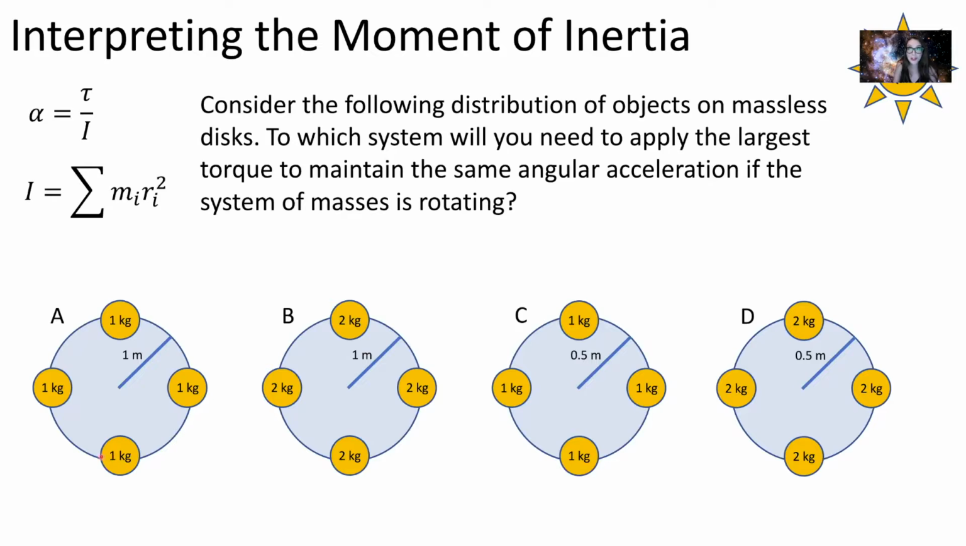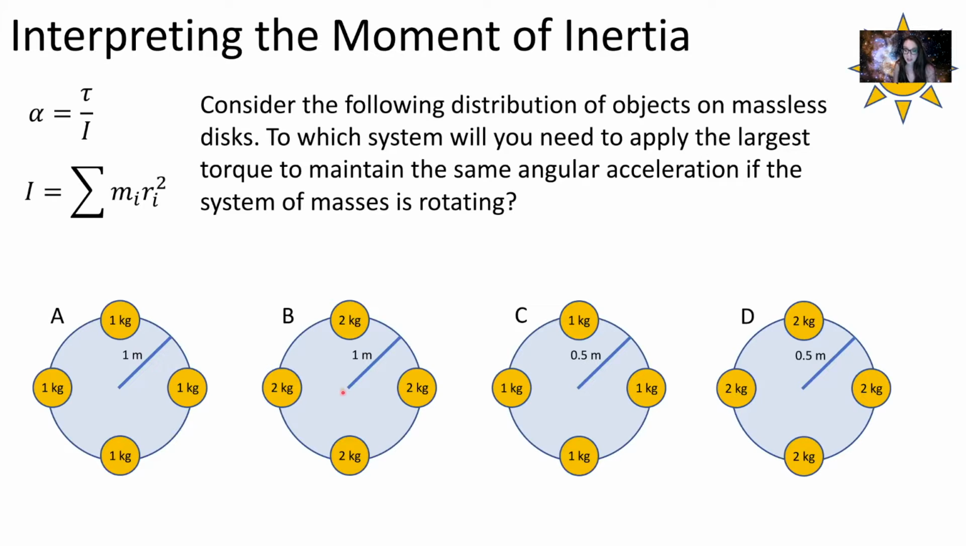Okay, so to find the moment of inertia of this first system, you're going to take this mass times its distance from the center of rotation squared, plus this mass times its distance from the center of rotation squared, plus this one's mass times r squared, plus this one's mass times r squared. So you're going to have 4 masses times r squared for this one. And then you're going to do that calculation for each of these. The r will change and the mass will change. So essentially you're going to find which one of these systems has the largest moment of inertia. That's the one you're going to have to apply the largest amount of torque to in order to maintain the